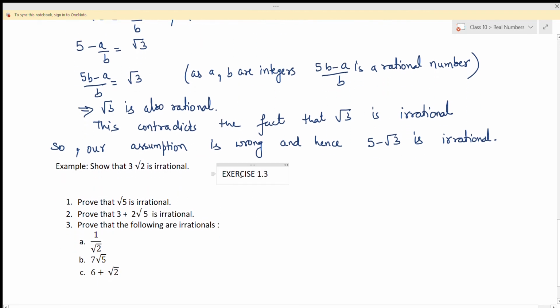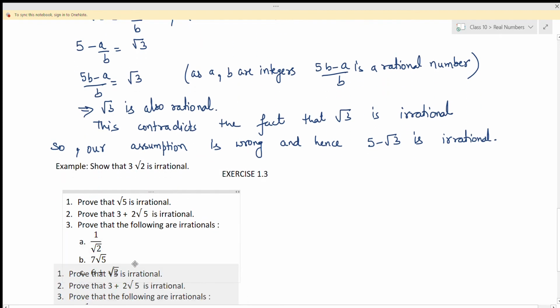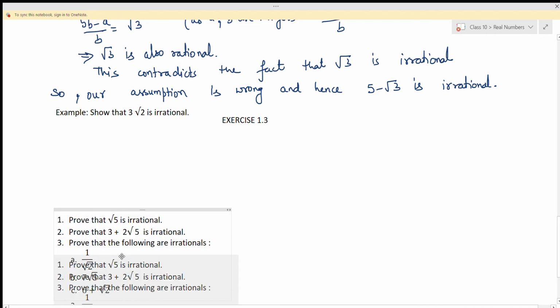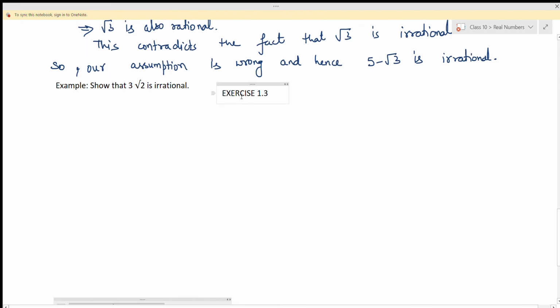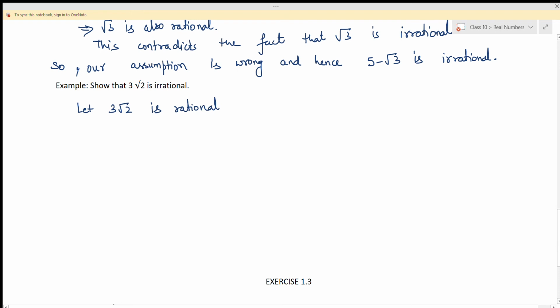This is the exercise, so let us just shift it below because we have to finish that part also. So let's start with this. Again we will say let 3 root 2 be rational. Now if 3 root 2 is rational, again I will write it that 3 root 2, I can represent it in the form of a by b,